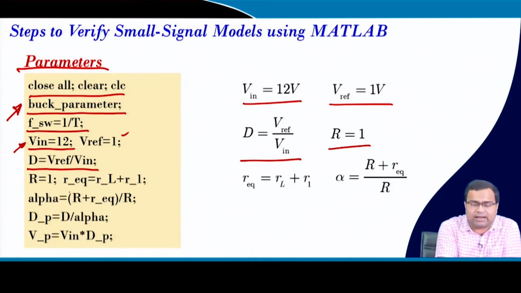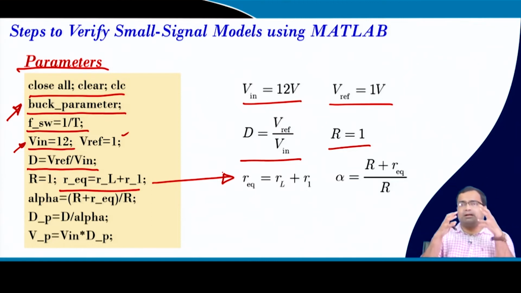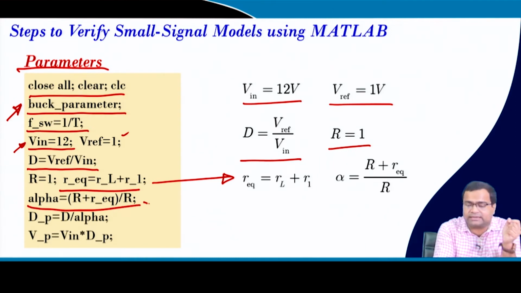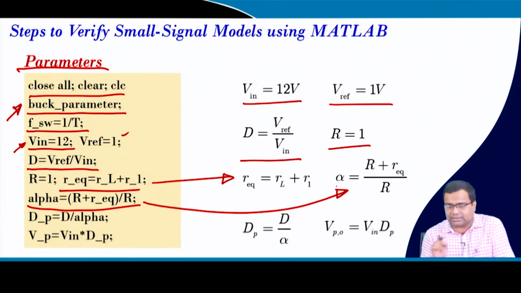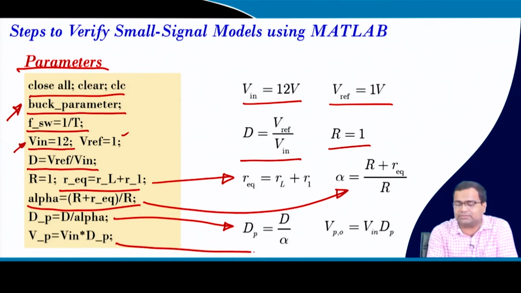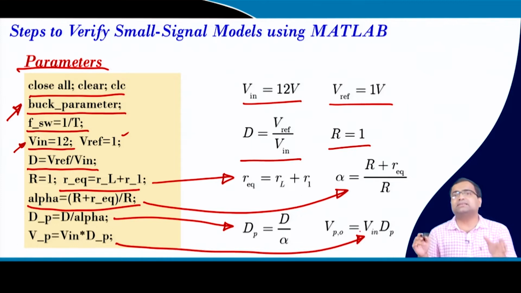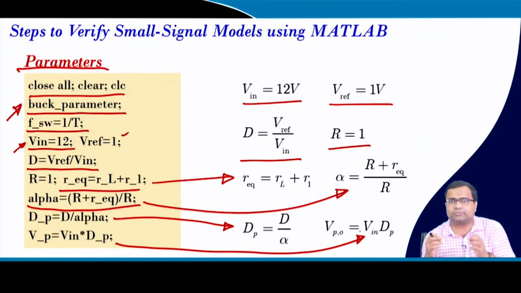Then this R equivalent, you can see this R equivalent is here. It is nothing but the sum of DCR plus RDS1, and this alpha, where it is written here. Next, what is the practical duty ratio? The practical duty ratio is D by alpha. The ideal steady state voltage should be D into V in, but since there are parasitic drops due to the DCR of the inductor and the RDS1 of the switch,